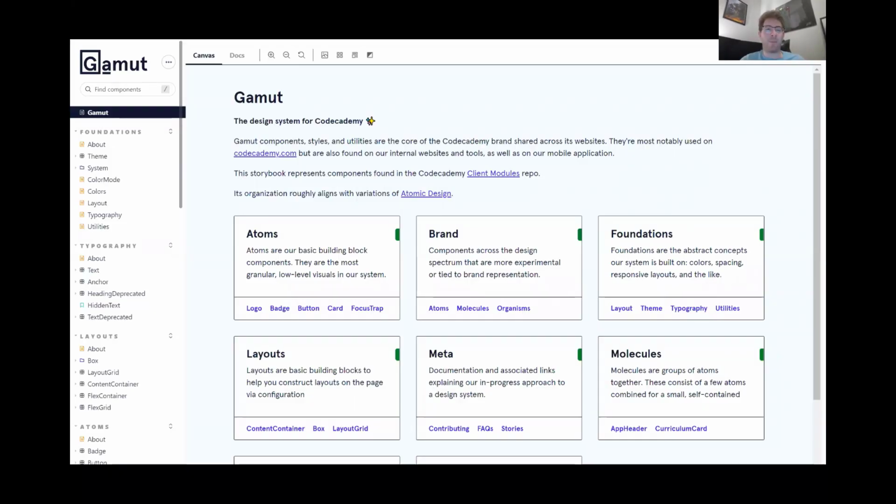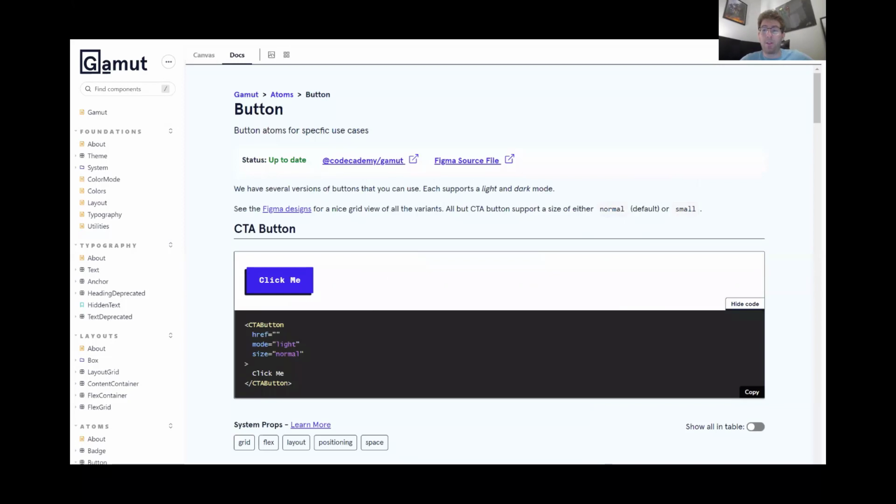Taking another quick example, Gamut is the Codecademy design system's name, gamut.codecademy.com. And you can see our organization, again, per that atomic design thing, atoms, layouts, molecules, etc. Each of these components or pieces of the design system have their own page. So the button page will show you the links to the Figma source file, how it looks, example usage with code, all the different React props it can take in. Storybook is pretty sweet. You can get a lot of good stuff on there. And this is really nice for you because you want people to see a rich documentation page so that if they want to use your components, they can figure out how to get the darn things working.